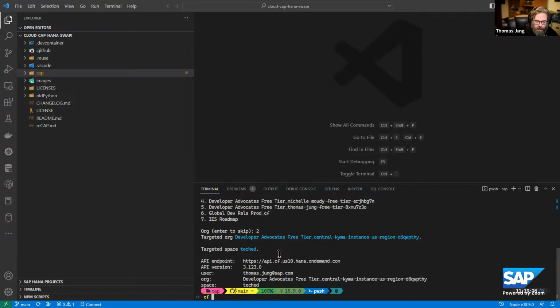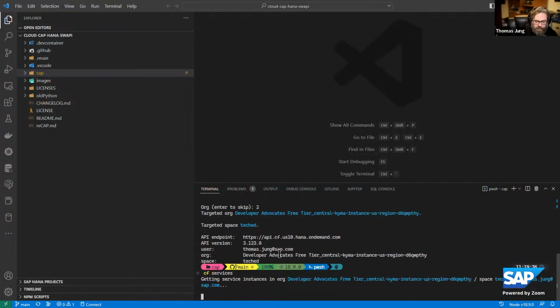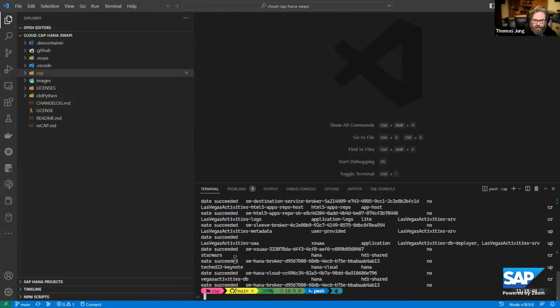And if I just do CF services, what you'll see is that I have already created an HDI container for this application. And I just used the CF command line, CF create service. My service type is HANA, and my plan is